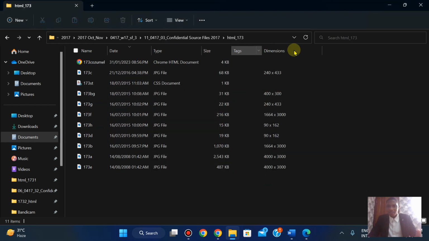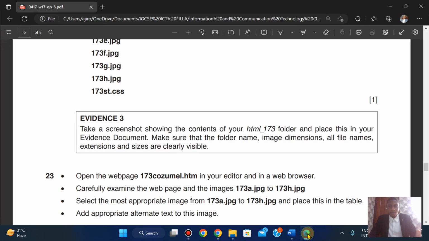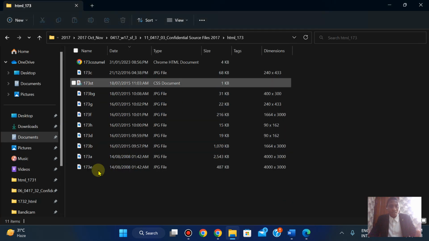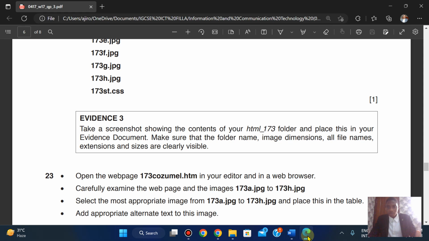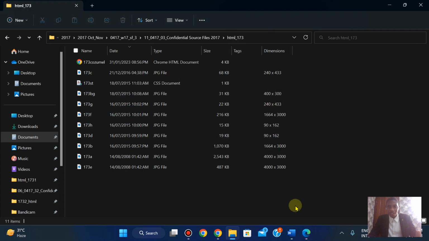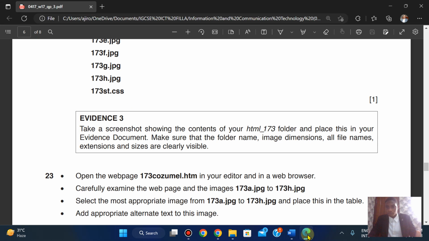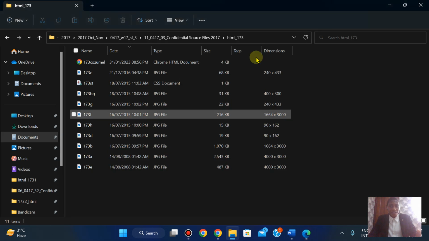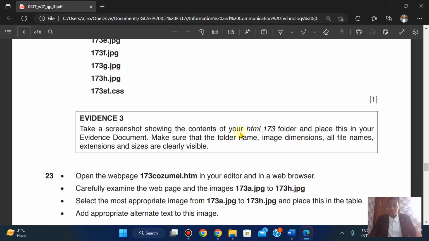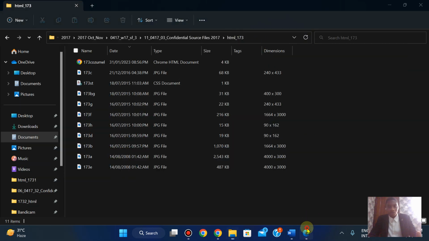So I'm not really going to add as we're doing other videos because obviously the folder name is right here. The image name is here. Okay. The image dimension is what we've added here. All the file names are right here as well. The folder name is right here. Okay. And extensions are the type, yeah,